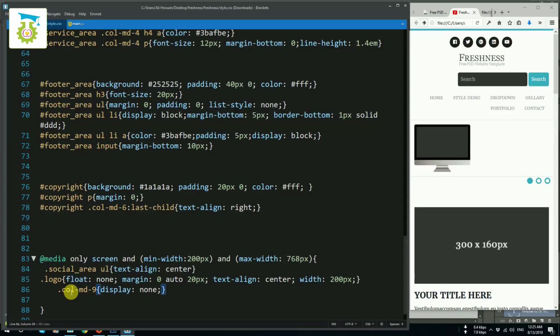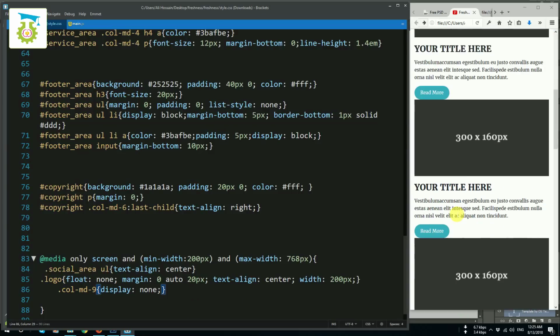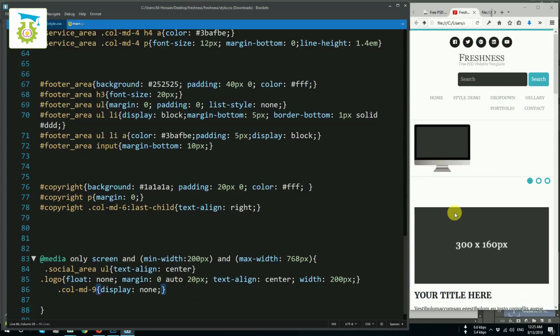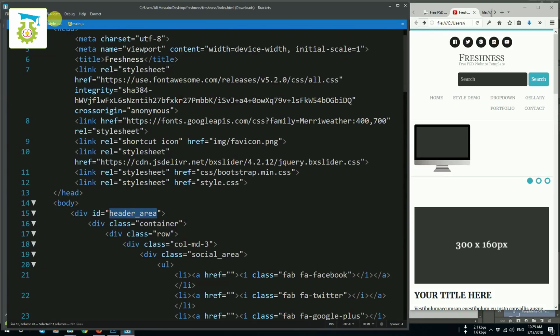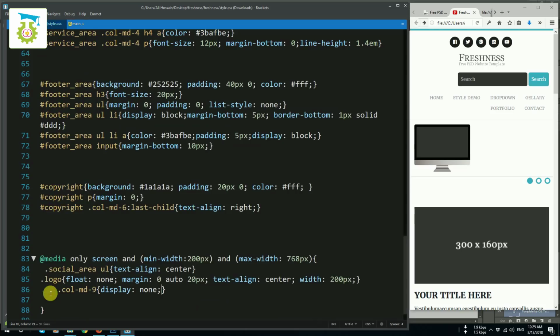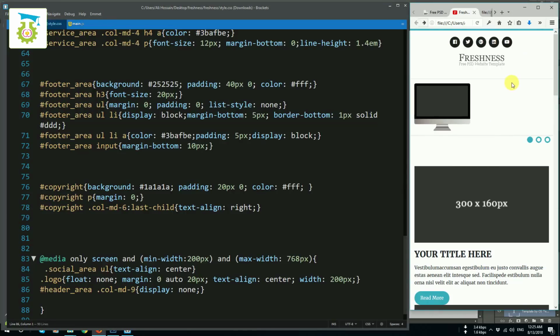But adding such a class col-md-9 display none is a risky issue. The reason is that in the rest of the website, if you add col-md-9, they will also be display none, so you should add the header ID. So I am going to copy the ID name here, and I am going to paste the ID here. Okay, and now if I refresh, you can see no search bar, and also this website looks much better than before,